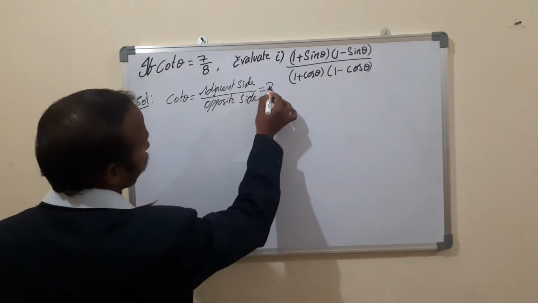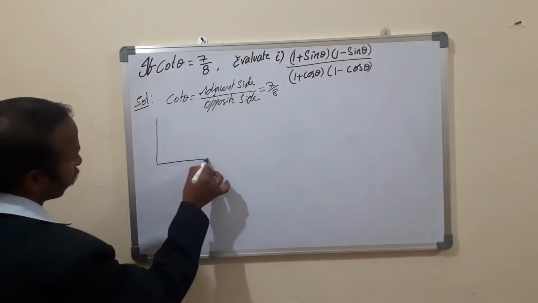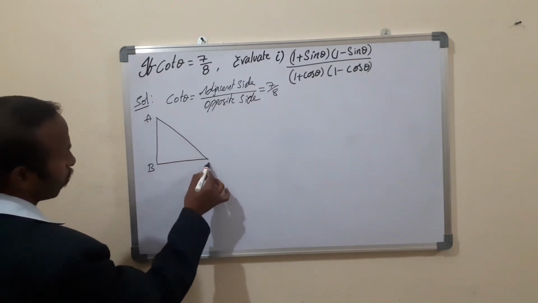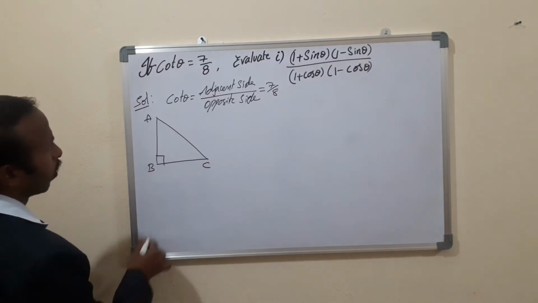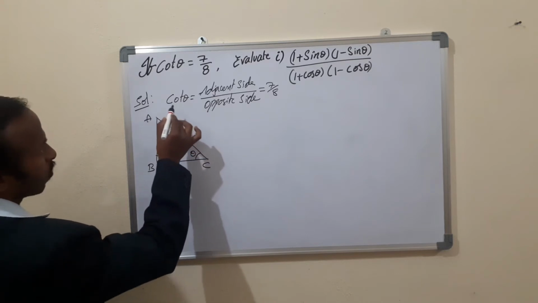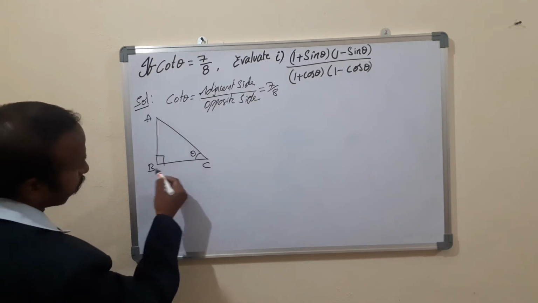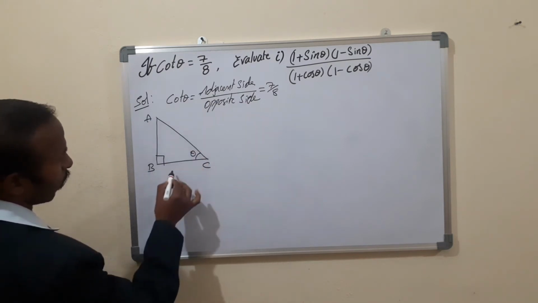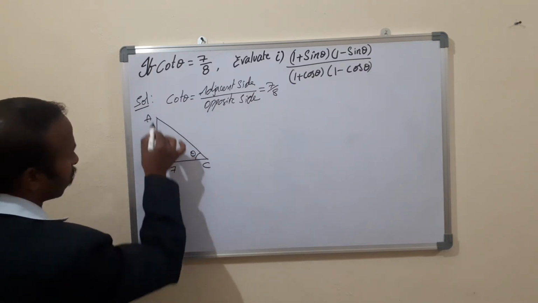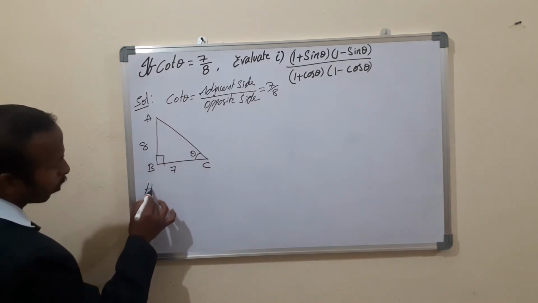Is equal to 7 by 8. Now consider a right angle triangle ABC, right angle is at B. Now cot theta, I am considering the theta at C. According to this question, cot theta equals adjacent side. Adjacent means, for this theta, what is adjacent? BC is the adjacent, that is 7. And what is opposite to the theta is AB, that is how much? 8. According to the Pythagoras principle, hypotenuse square equals